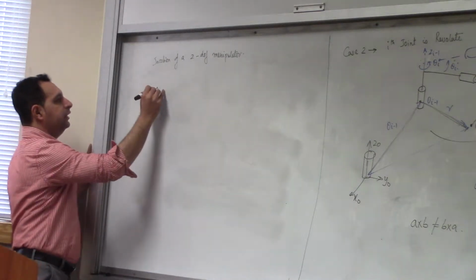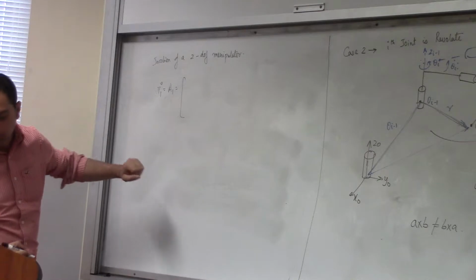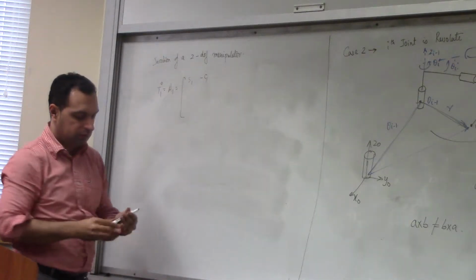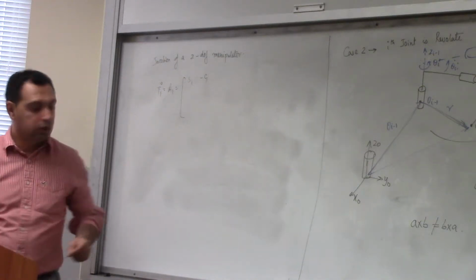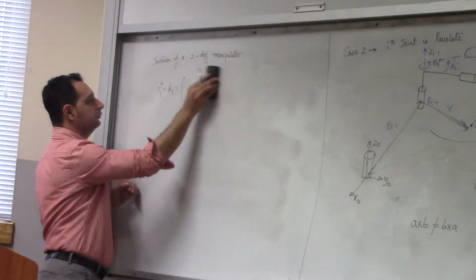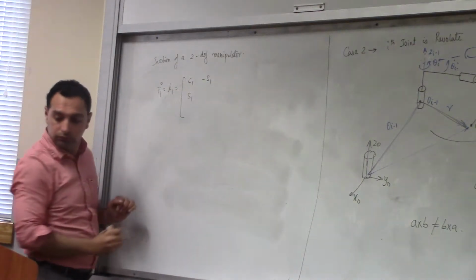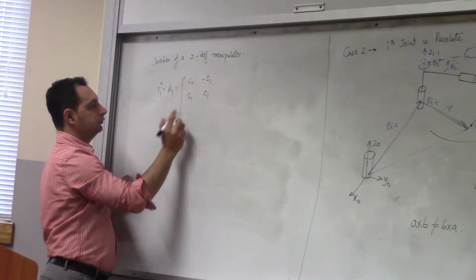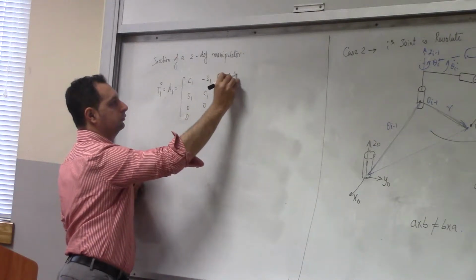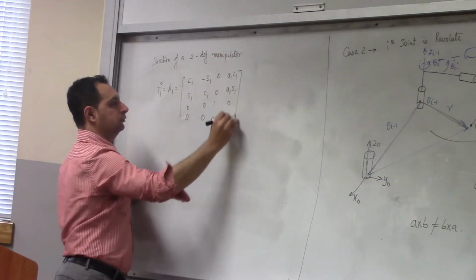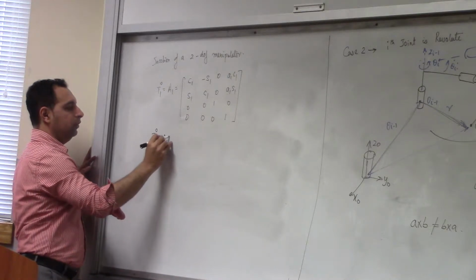In this case, you have 2 degrees of freedom. T01 will be equal to A1, which is equal to sine, minus cos. T02, A1 A2 is equal to